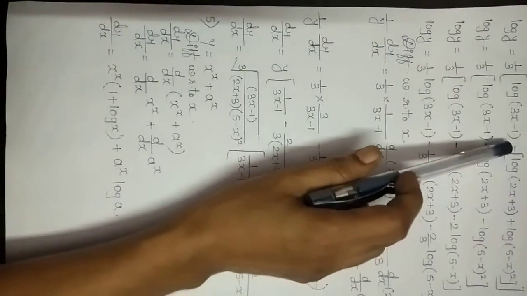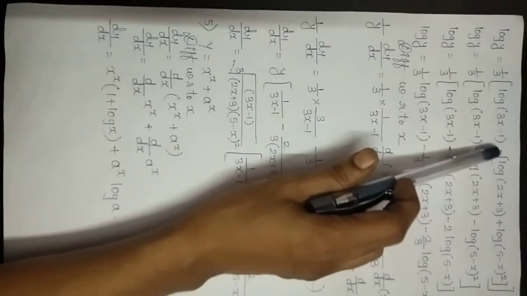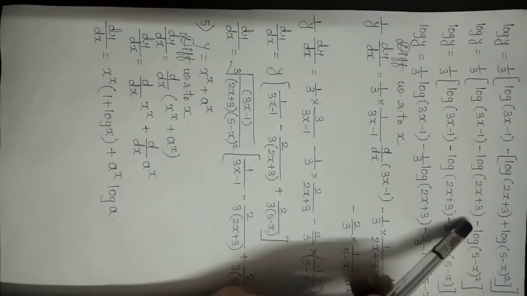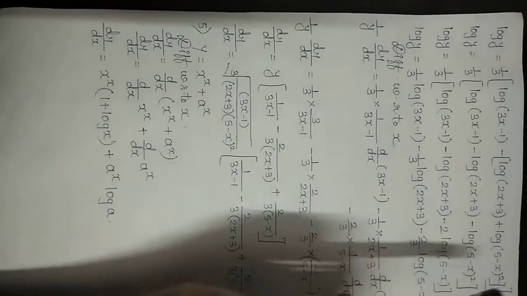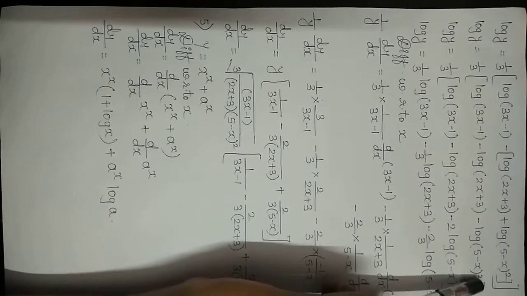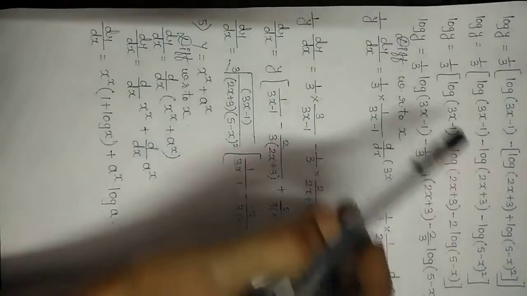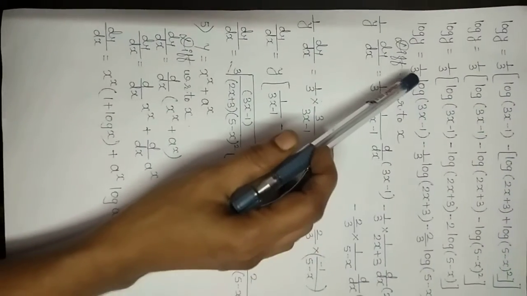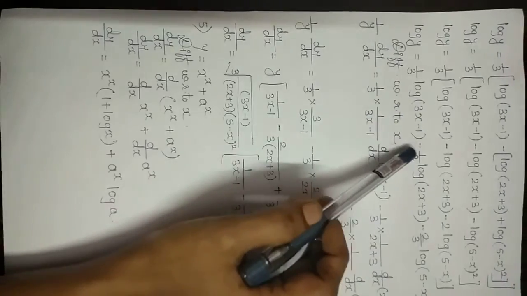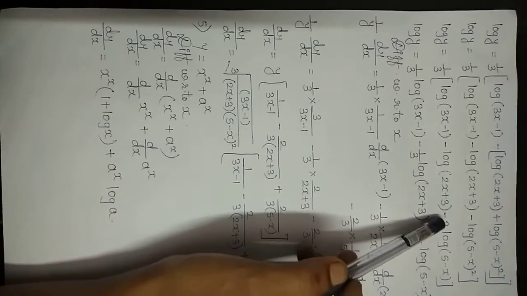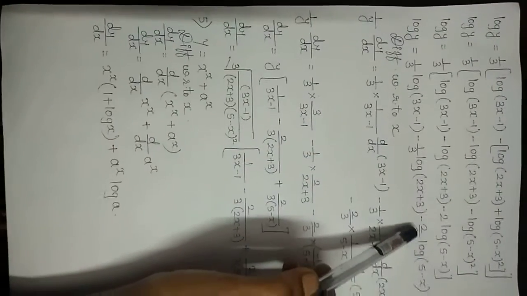Now here since a minus term is present, when we open the bracket, this plus will become minus. And again by using the law of exponent, this 2 which is given as a power we can write here. Now multiplying each term by this 1 upon 3, we will get 1 upon 3 into the first term, minus 1 upon 3 into this second term, minus this 2 into 1 upon 3, that is 2 by 3 into the third term.